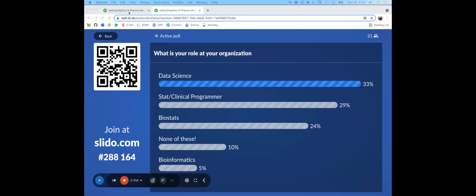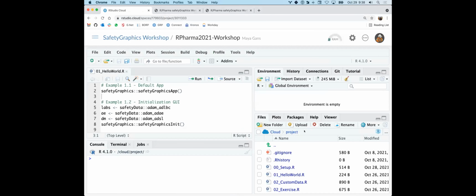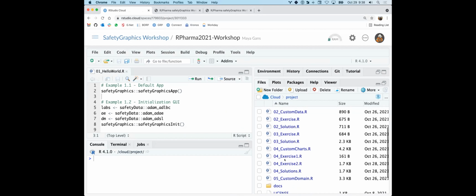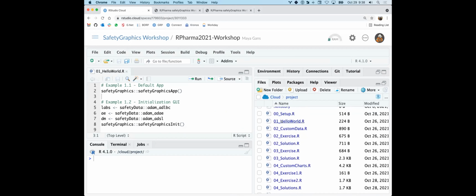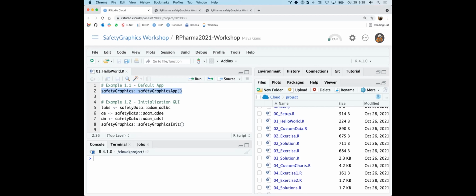Before we do that, let me just show you how the RStudio Cloud is set up and what we have in our materials today. You can see in the root of the project, there's a bunch of R files with numbers on them. Those correspond to sections of the workshop, starting with the Hello World section that we're in now. And as you can see, this has the code to run the SafetyGraphics app function and the SafetyGraphics init function